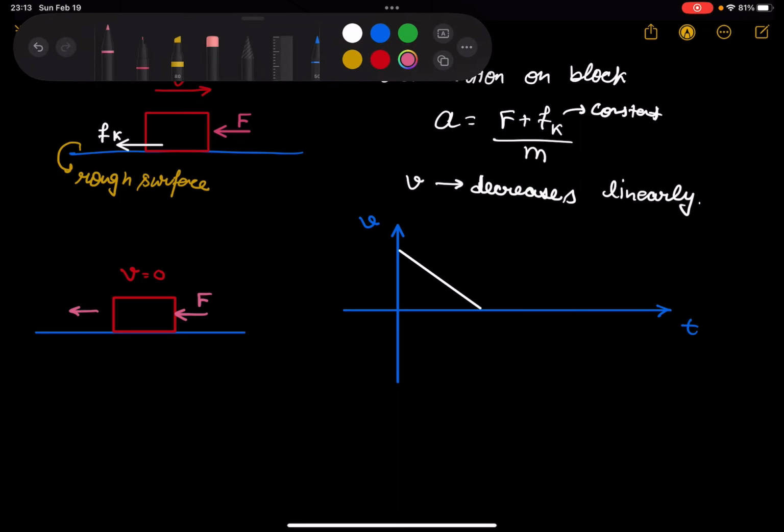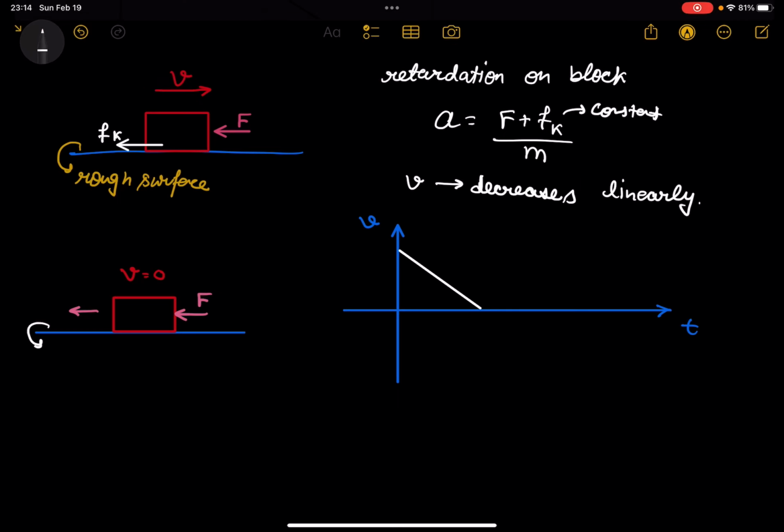But remember, my dear friends, this is a rough surface, and the rough surface has a coefficient of static friction mu_s. So if F is greater than mu_s mg, then the block starts sliding